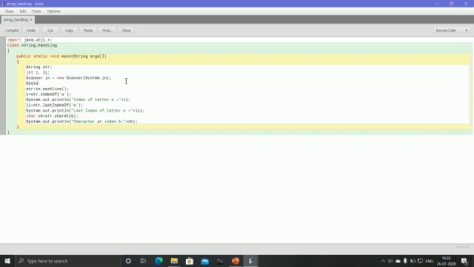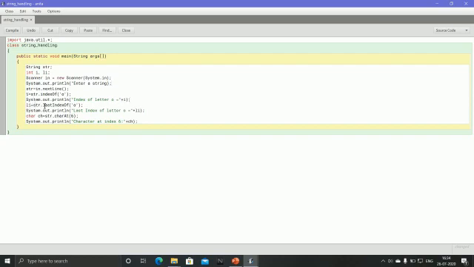System.out.println, enter a string, then the terminator. Then the data type, str is equal to sc.nextLine. Now this is finding the position, the index of O. We will find the first O, the index of O, then System.out.println index of letter O. This is the position of the first O, so we write plus i here.